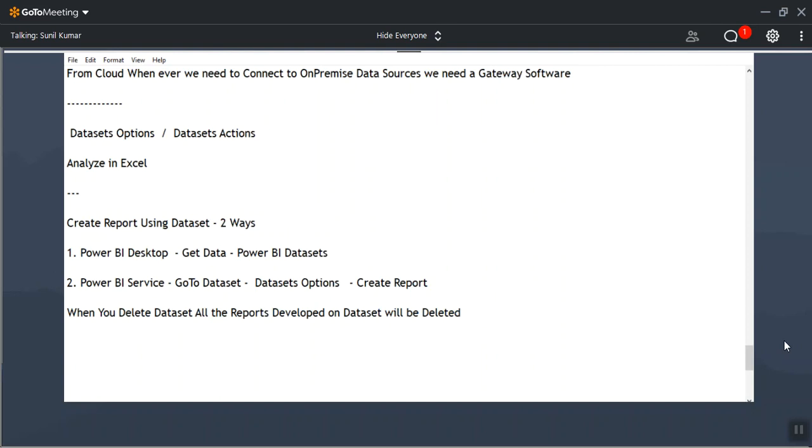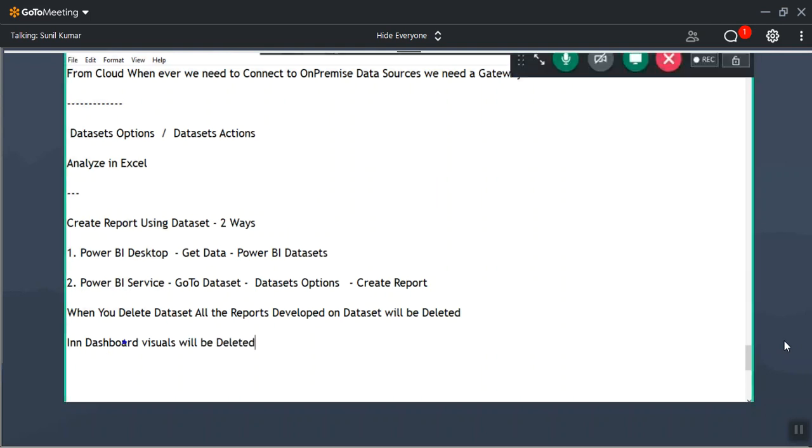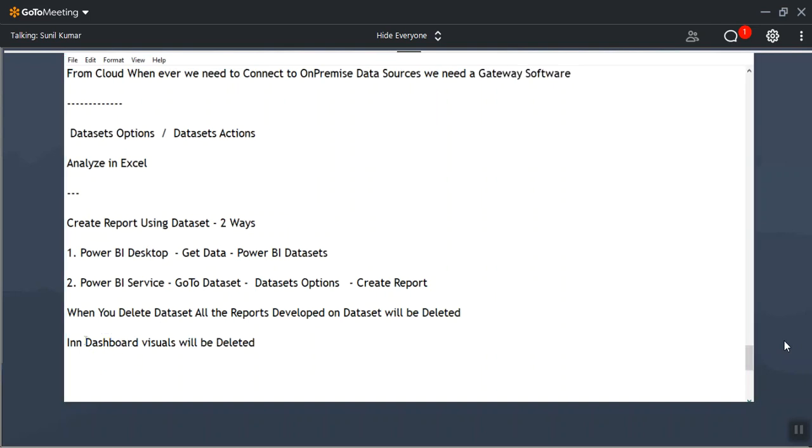Then what happens to the dashboard? In the dashboard, only the visuals from the data set will be deleted. So whatever visuals you kept in the dashboard from the data set, all those visuals will be deleted.